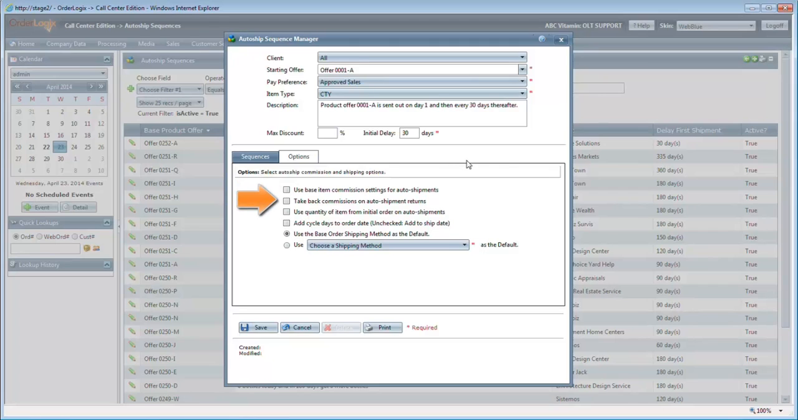If you do not have the previous checkbox enabled, you can choose to check off to take back commissions on auto shipment returns for the sequence so that any given commission will be deducted if the customer sends the Autoship order back. Select the checkbox to use quantity of item from initial order on auto shipments if you wish for the customer to receive the same quantity of offers for each order going forward